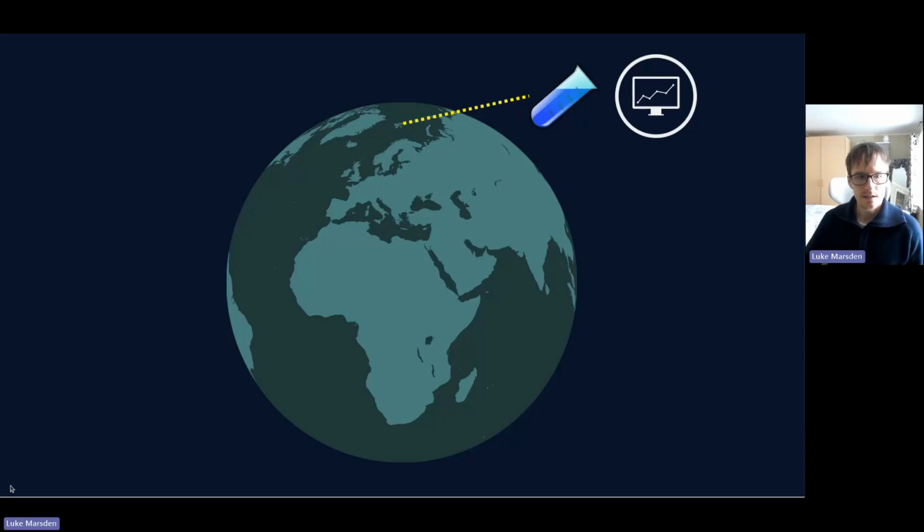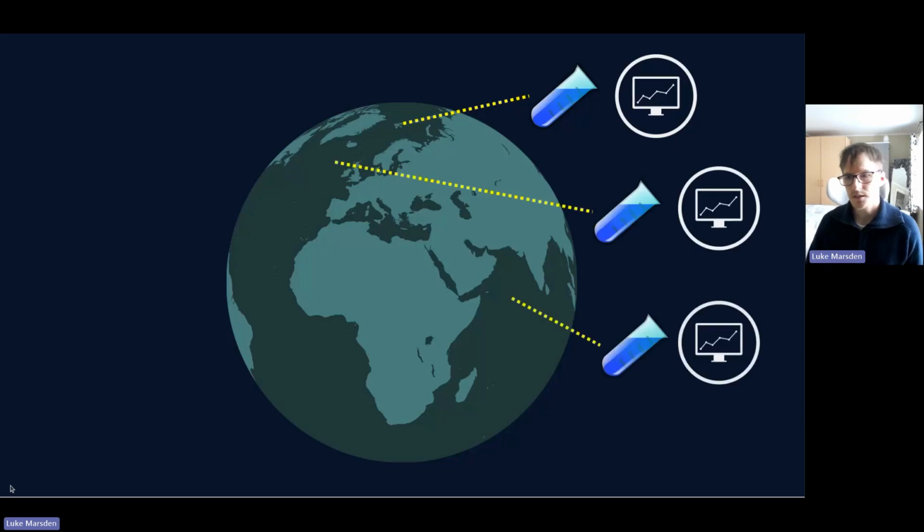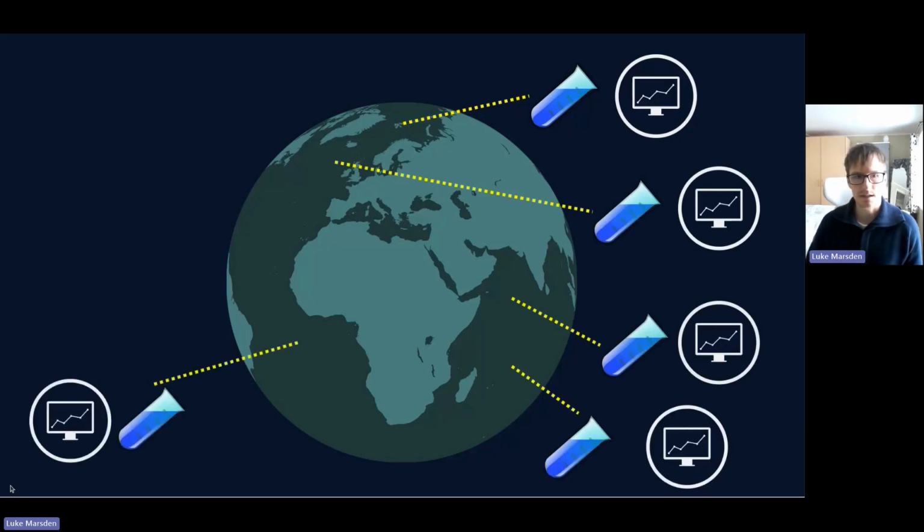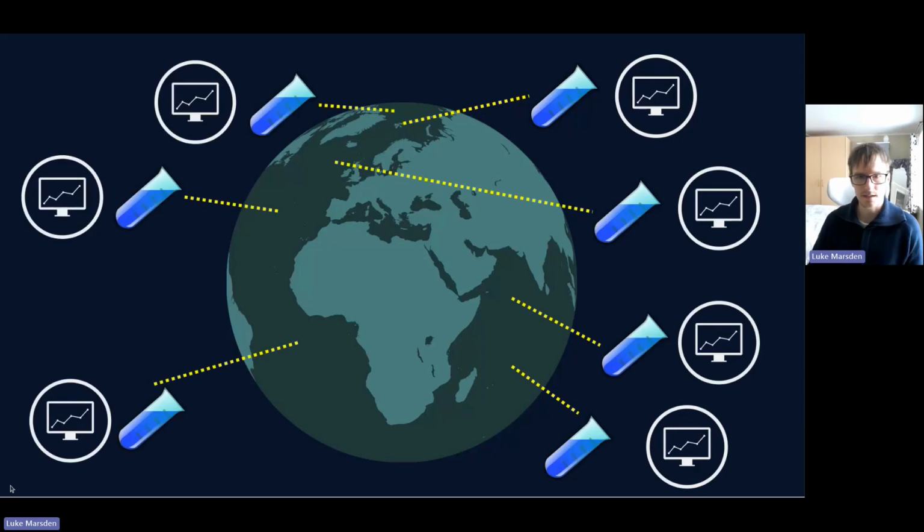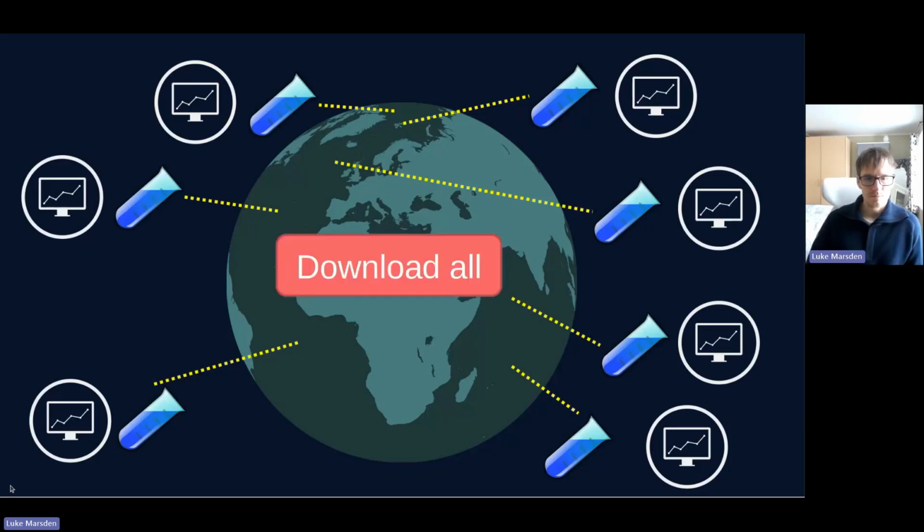And if you're interested in collecting a certain type of data, chances are someone else, somewhere else in the world, is also collecting similar data. And you can think of your data not in isolation, but as a contribution to a much larger collection of data that someone should potentially be able to use all together. And this download all button might sound like a thing of the future, but some data centers already have things like this, like the Global Biodiversity Information Facility, for example.